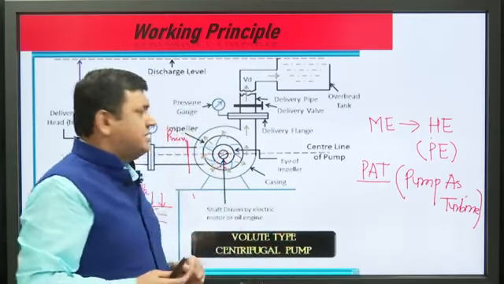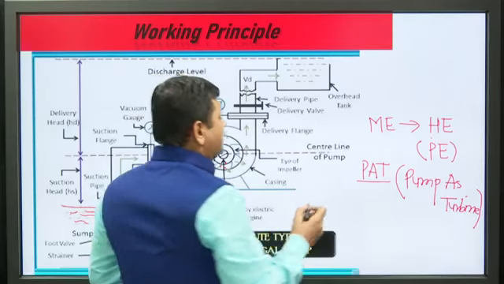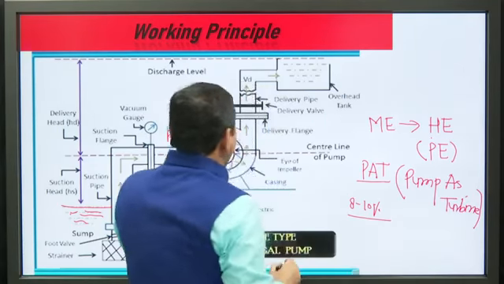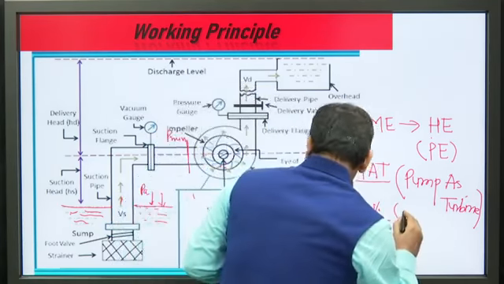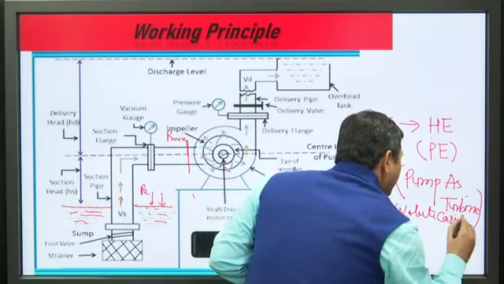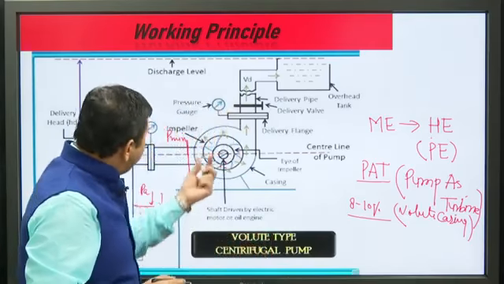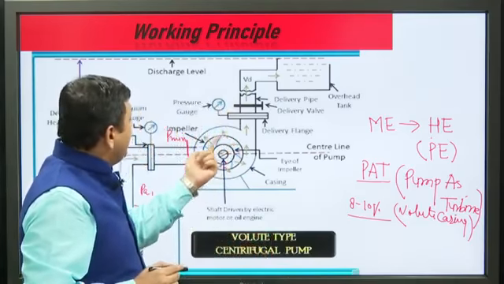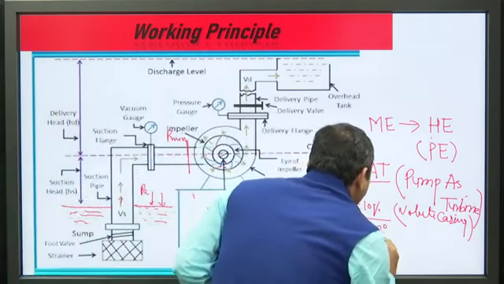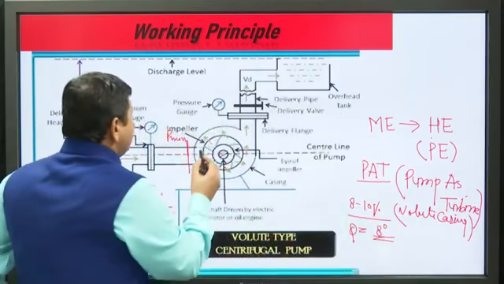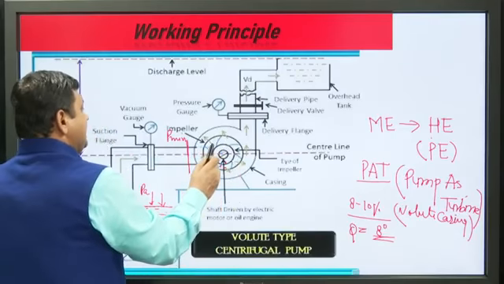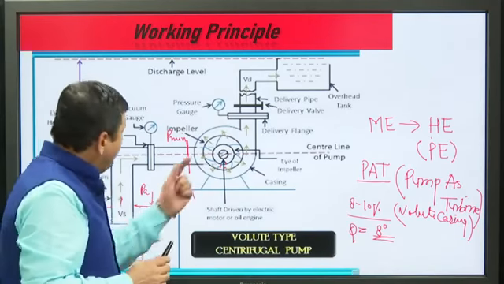If you see the vanes, 8 to 10% of the energy is lost in this casing, in the diffuser or volute casing. If you see the angle, this is the convergent angle, approximately 8 degrees. On what basis do we decide how many blades to fit? If the number of blades is more,